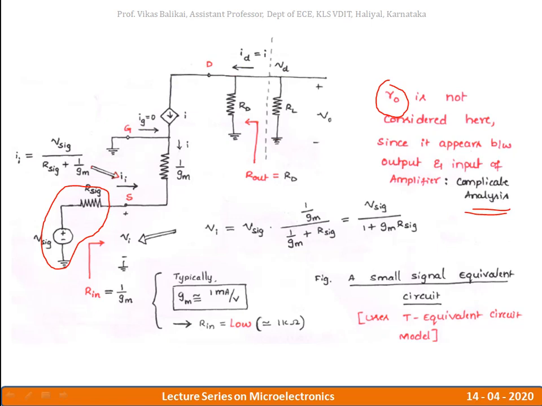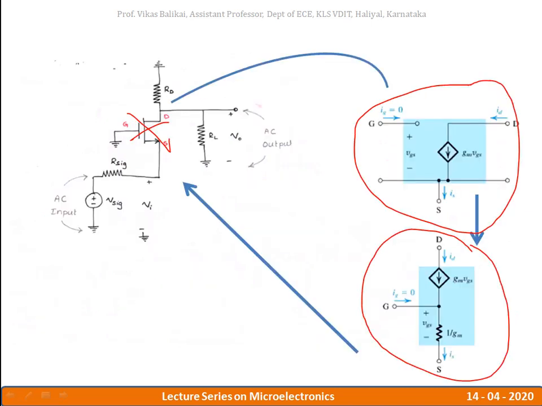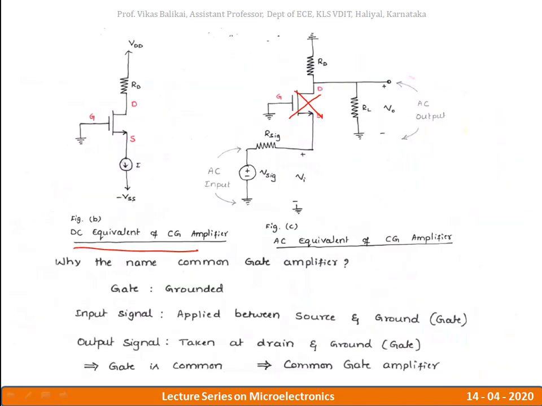To understand this concept, I need to calculate what input voltage is getting inside the MOSFET through the input terminal. Remember, in the previous circuit, the input terminal is that particular terminal where I apply the input voltage. So here is the input voltage that I have applied. Where did I apply the input voltage? I am applying it between the source and ground. So I apply V sig as input, but does V sig enter as V sig in the common gate amplifier configuration, or does it take some other value?